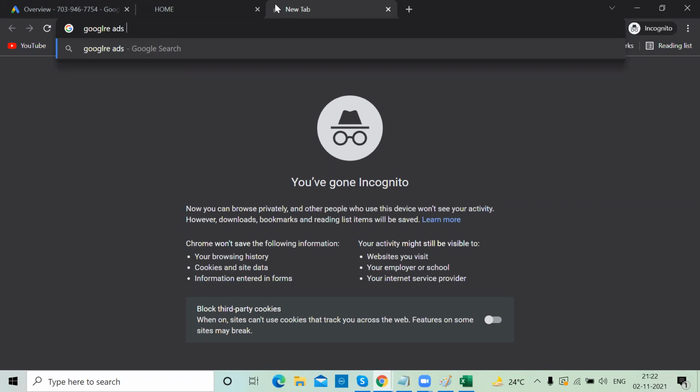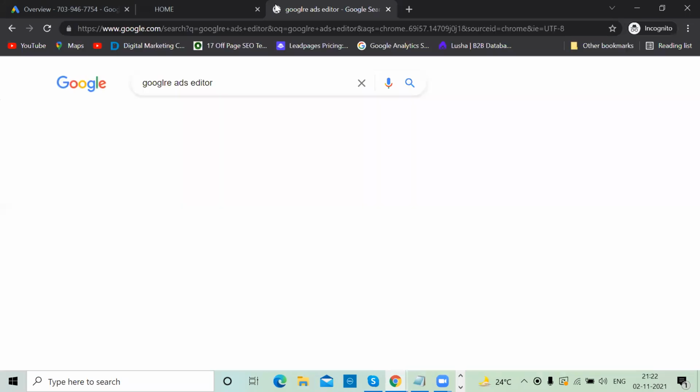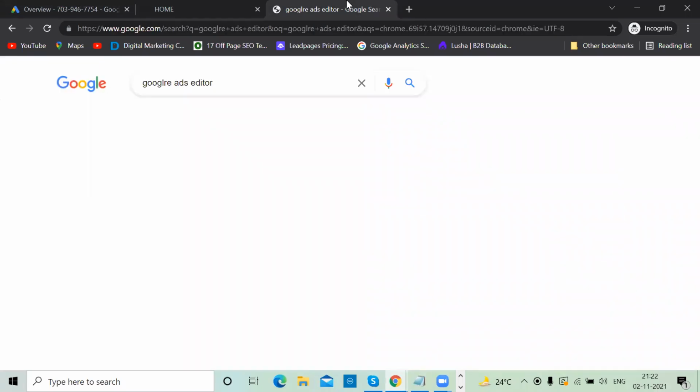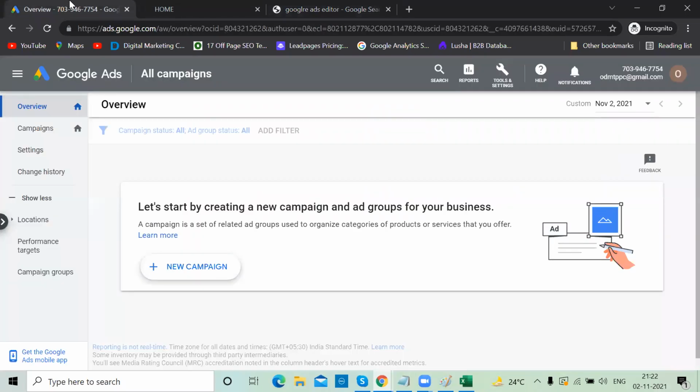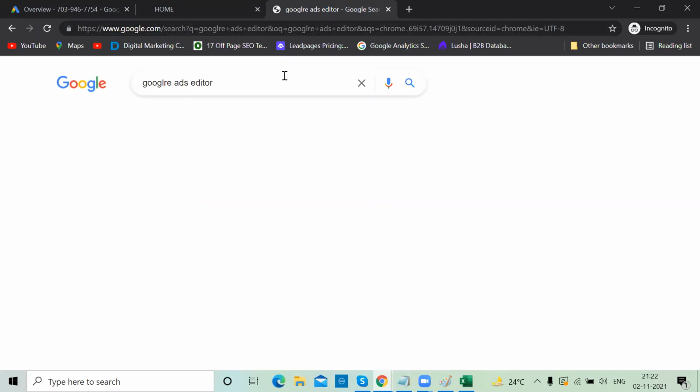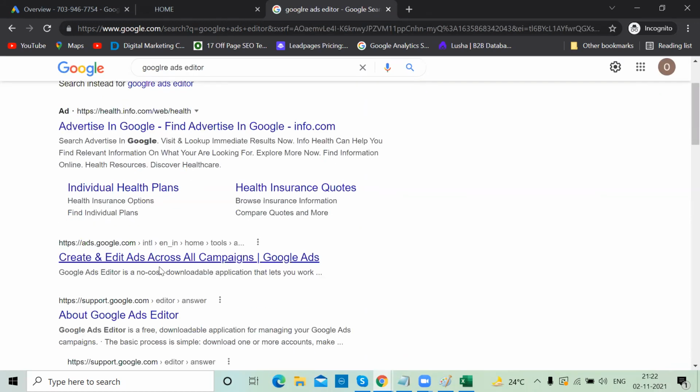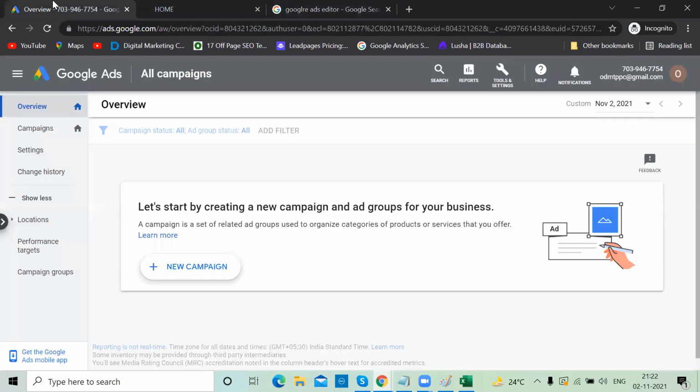Google Ads Editor. Very good. With Google Ads Editor, there is a possibility from account to another account, you can make changes and everything. But in a normal account, you can't do anything. I'll explain in the future what Google Ads Editor is, offline bulk changes, how to do that.